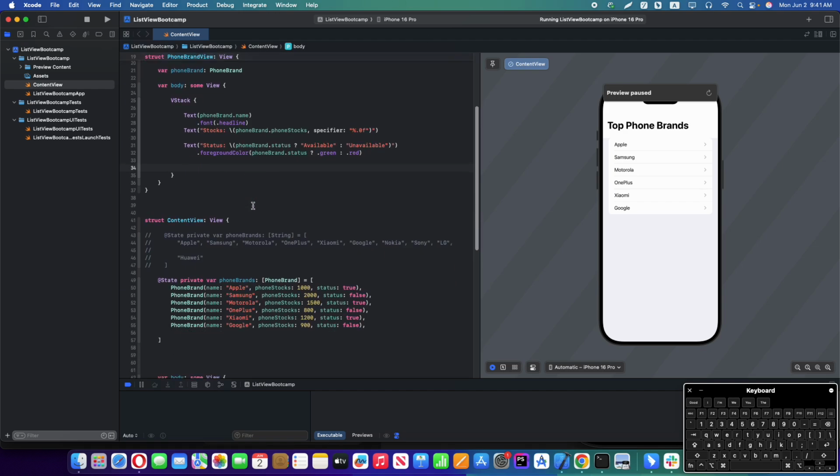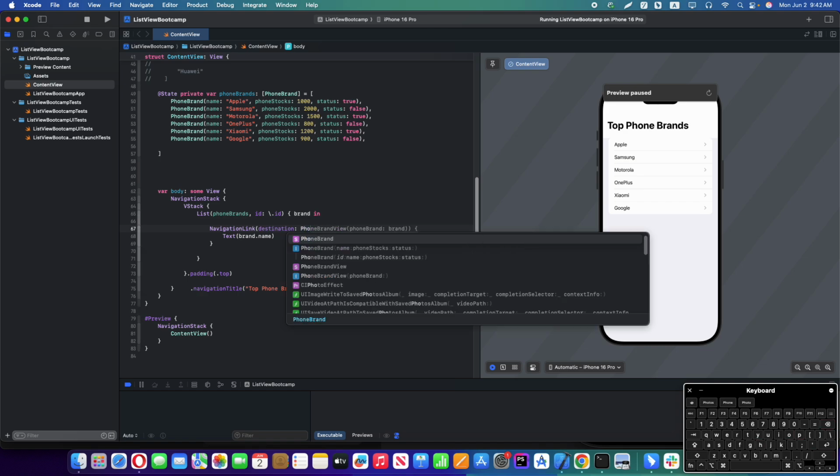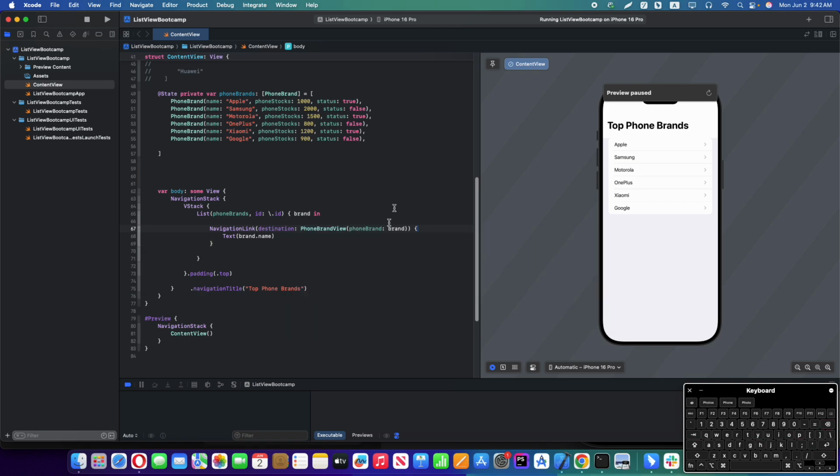So and here we can destination, phone brand view. Okay,